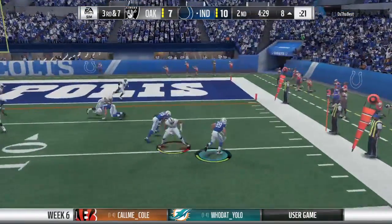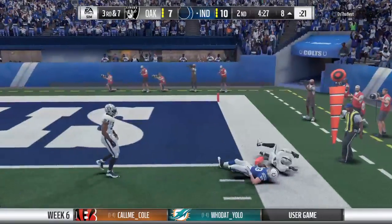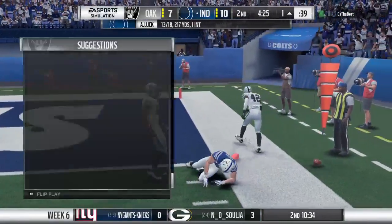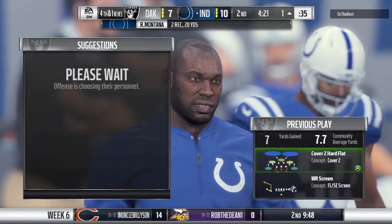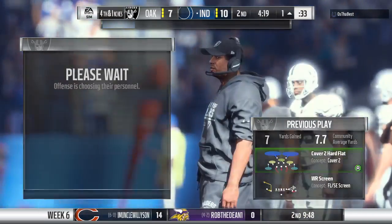To throw is Luck. Quick hitter here, it's complete. And he'll be brought down right on the edge of the goal line at about the 1-yard line. They get 7 there, but it brings up 4th. Well,